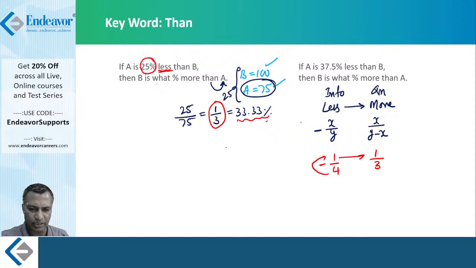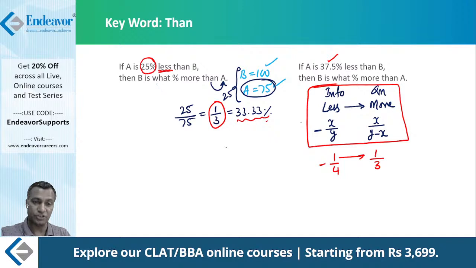Now look, it becomes all the more important when you have numbers like 37.5% in percentages. It's not very nice to write 100 here, 100 minus 37.5. A will become 62.5. Doesn't look pretty appealing, right? Because it is 37.5% less, what is the number you should write for A? Then you should write 62.5. Doesn't appear pretty appealing. Not right now, but you would definitely know after some time, 37.5% is nothing but 3 by 8. So I asked you to learn this. Learn 1 by 8, 2 by 8, 3 by 8, or likewise up to 7 by 8. What is 7 by 8?